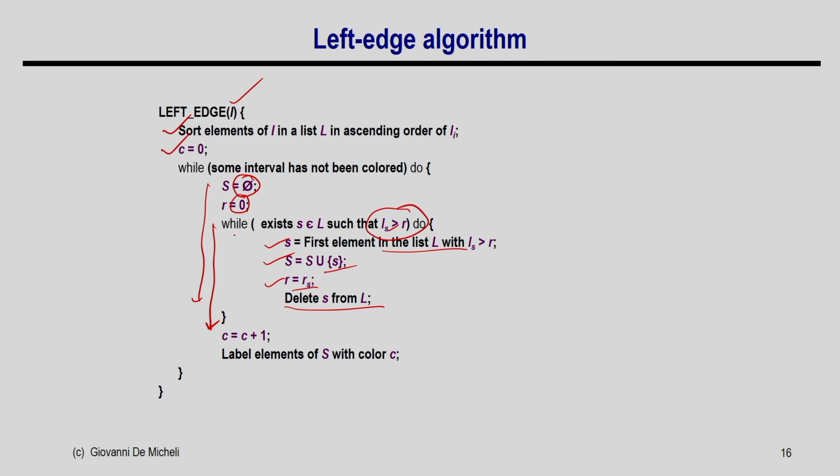So, this way one iteration of this loop will identify all the intervals that can be given the current color C, right, and then I increment the color, basically giving the colors 1, 2, 3 and so on. Then I go for the next iteration and that will go for color 2 and so on, right. This is how the whole algorithm works.